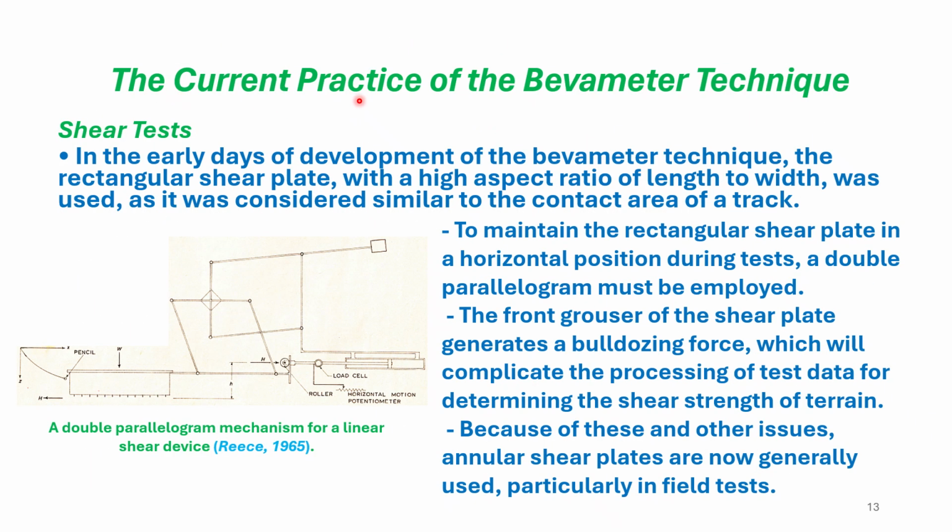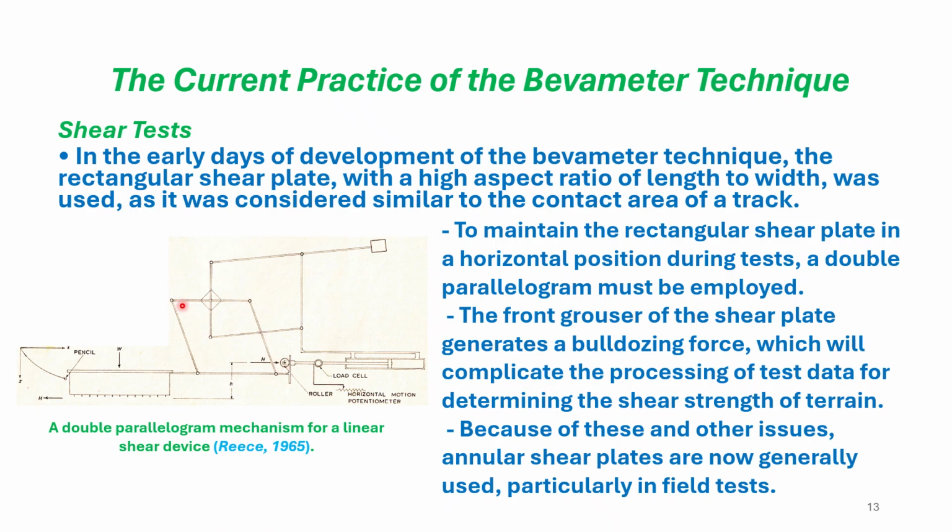The current practice of the Bevameter technique for shear tests. In the early days of development of the Bevameter technique, the rectangular shear plate with a high aspect ratio, length to width, was used, as it was considered similar to the contact area of a track, as shown here. To maintain the rectangular shear plate in a horizontal position during tests, a double parallelogram must be employed, as shown here